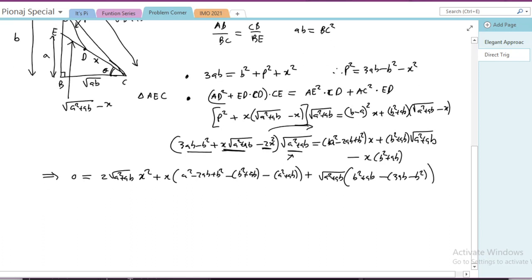Okay, so this can be simplified. We'll see that this gives minus 4AB and this gives 2B squared minus 2AB. So cancel out 2, we get this is equal to minus 2ab. After we cancel out 2, we get this. So this is a quadratic that gives us the length we need, and we want this to be